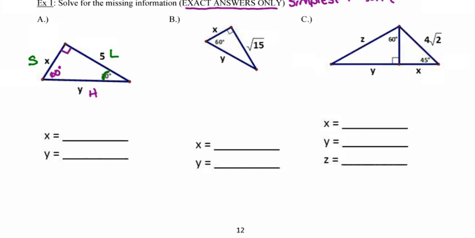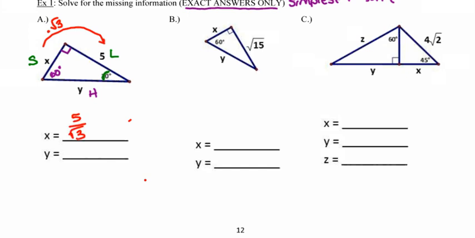I'm going to work backwards from the longer leg, and I'm going to find the length of the shorter leg first, because once I know the length of the shorter leg, I can just multiply it times 2, or double it, to find the length of the hypotenuse. So I know that in going from the length of the shorter leg to the length of the longer leg, I multiplied by a square root of 3. So in working backwards now, I'm going to start with the length of that longer leg, and to undo the multiplying by root 3, I'm going to divide by root 3, making x, or the length of the shorter leg,